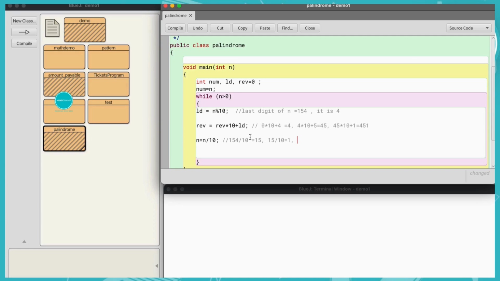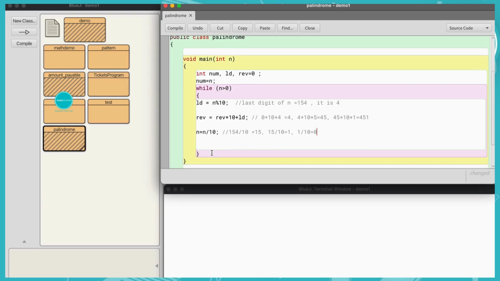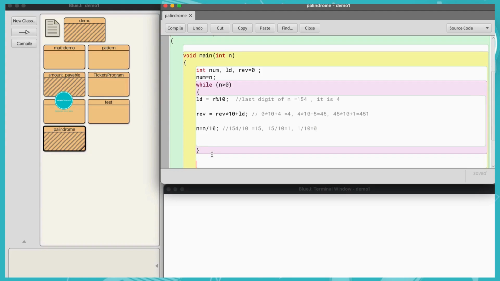As soon as it becomes 0, the loop will stop. Remember that integer division in Java only gives you the integer part, it does not give you the fraction part. That's why we are using this single slash. So at the end of this loop, I will get my reverse number.